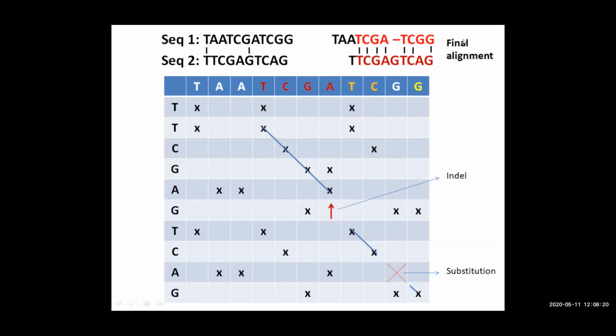Now, if we see the number of matches, there are 7 matches. Earlier there were only 2 matches, but now after the alignment is done, the matching score is increasing because there are 7 matches. But as we have not put any scoring matrix to the dot plot method, it is not giving you a total score or final score. It is not used for scoring, but it can also be used for aligning two sequences by following this technique. So this method is called the dot plot matrix method for sequence alignment.